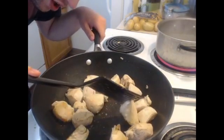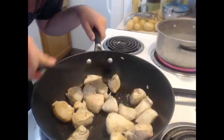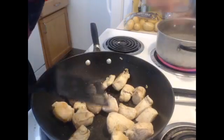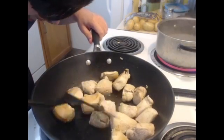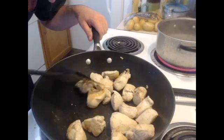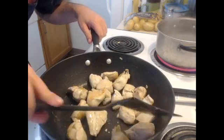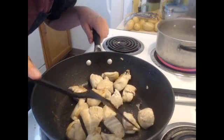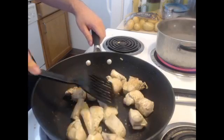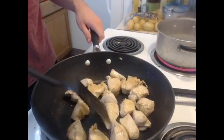Okay, let's make sure. Double check. I know. This one right here, I'm a little worried about. All the others seem to be cooked. This one right here looks a little uncooked. This piece is a little bit bigger than the others, though, so